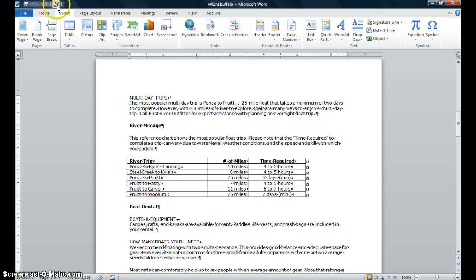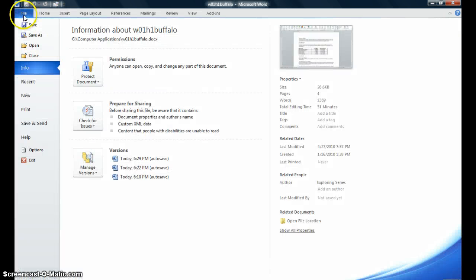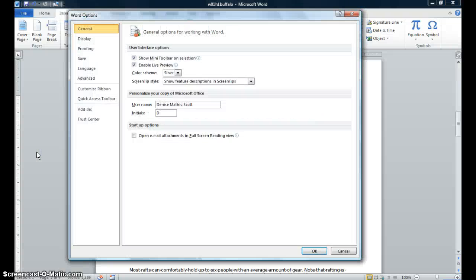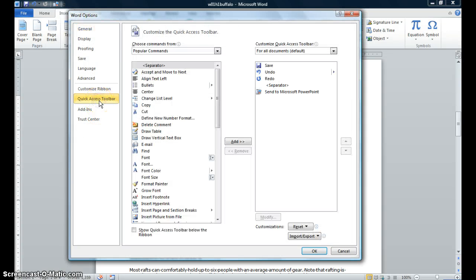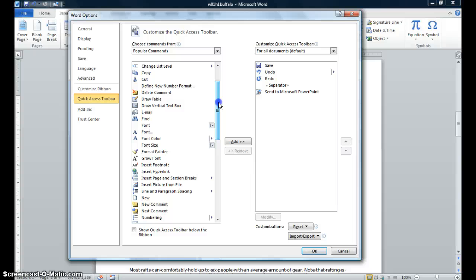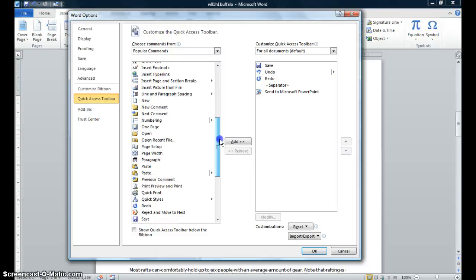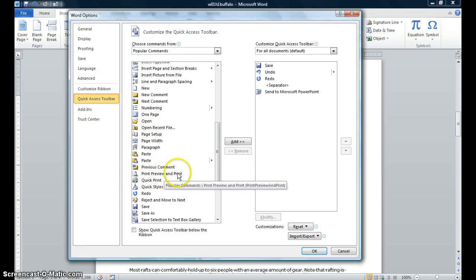Okay. At the top of your ribbon, you have a quick access toolbar. Okay, this quick access toolbar can be customized. So we're going to customize this quick access toolbar right now. To customize, you click on the File tab. Then you go down to Options, and then you go to Quick Access Toolbar, and let's scroll down to find Print and Preview Print, and these are in alphabetical order, and here it is. So you just click on that command, and then you click the Add button. Okay, and then you click the OK button,